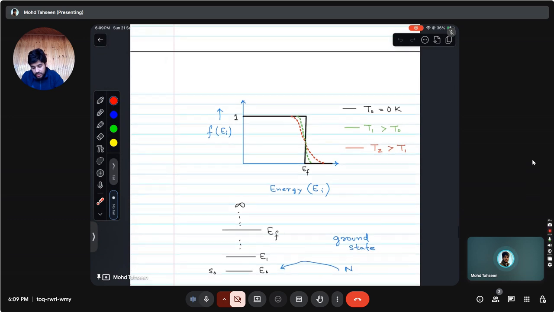But in this distribution or this trend that we see here, we only get partial information. What I mean by that is we do not know the number of allowed states or the number of occupied states corresponding to some energy level EI. This graph just gives us